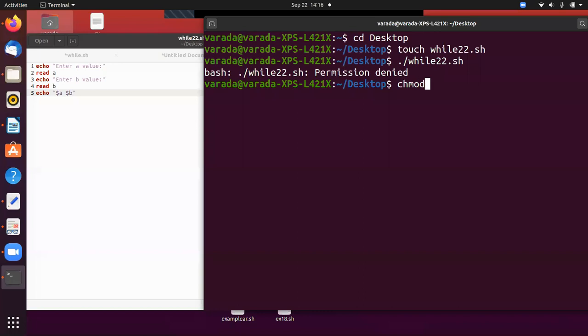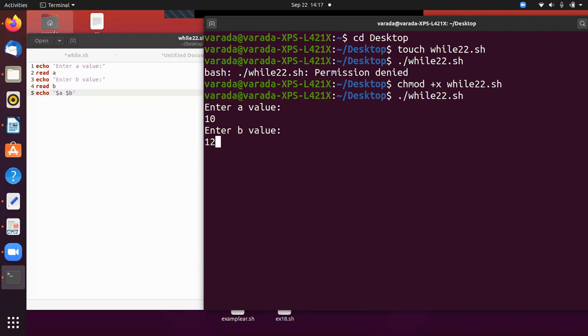So you can provide the permissions, chmod plus x while 22.sh. So permission is granted. Now we can execute dot slash while 22.sh. Enter a value, enter 10, enter b value, enter 12. 10, 12. So a value is 10 and b value is 12.